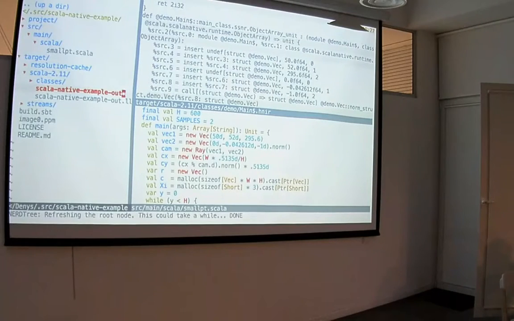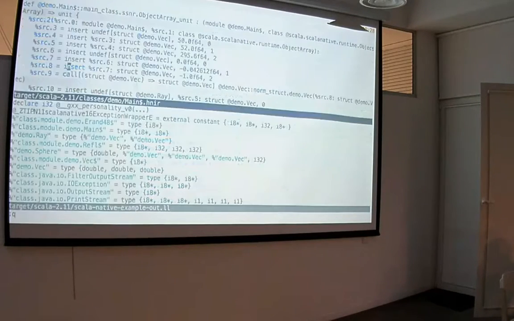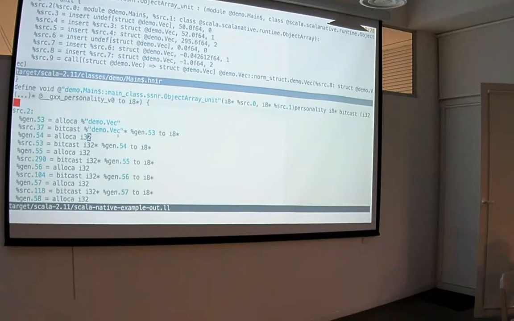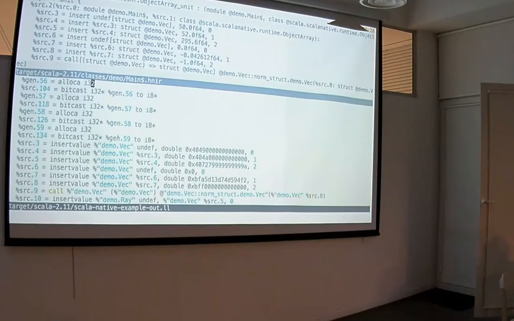Here we have LLVM IR. So here we have main somewhere. And here it's the same thing as before, but lower level, way lower level.